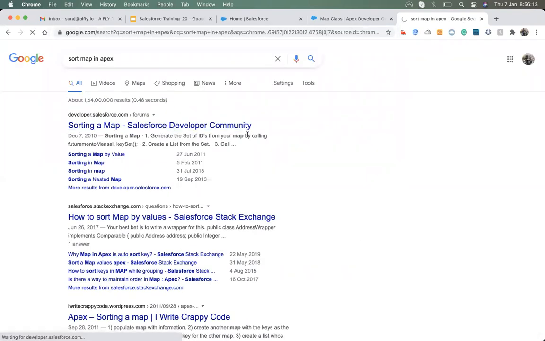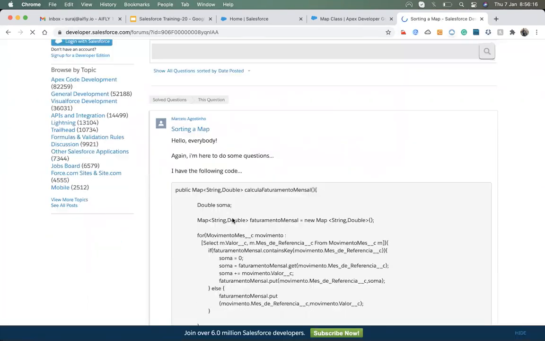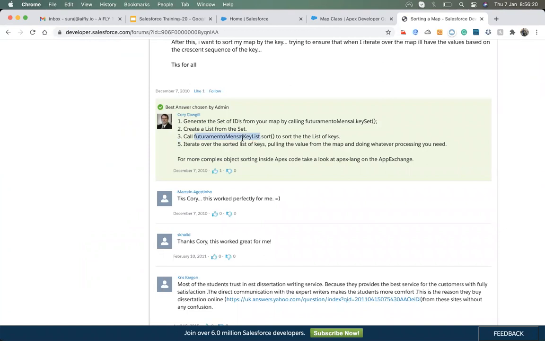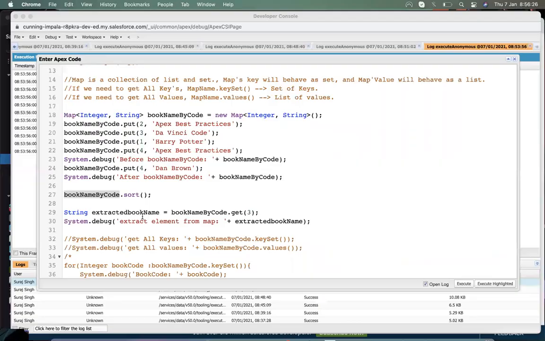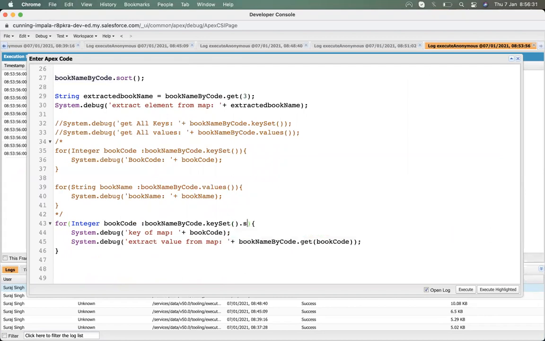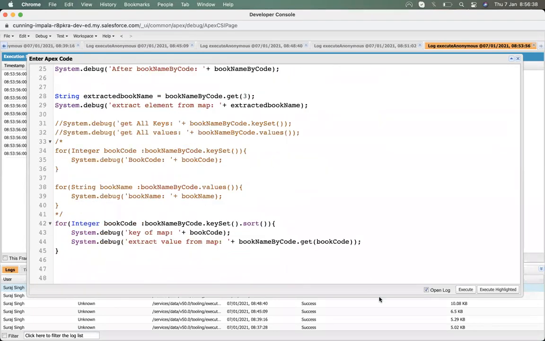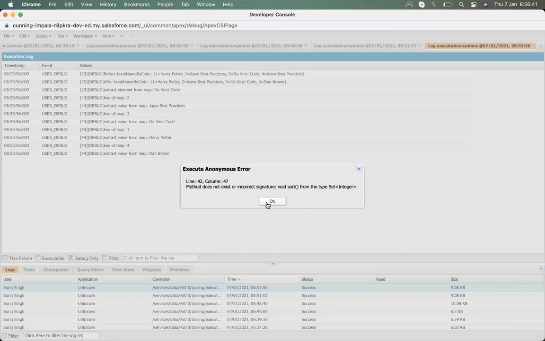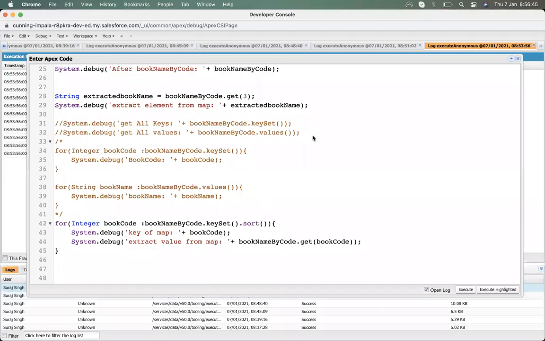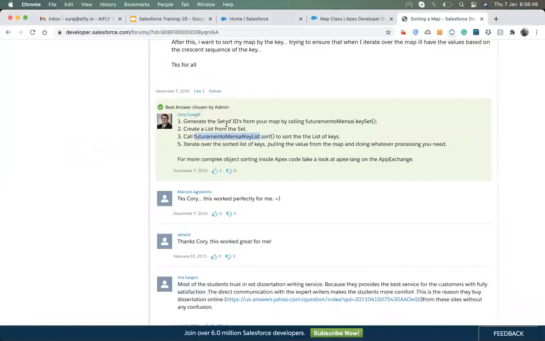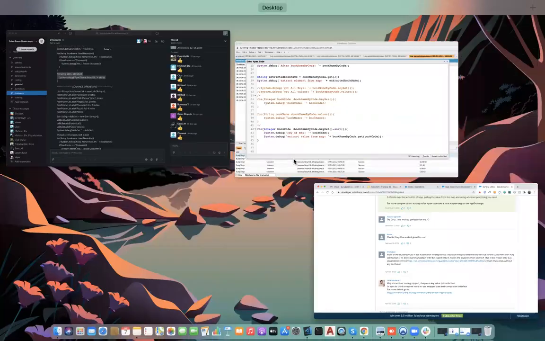There's one small thing. No, it's what's happening, it's doing something like that, but internally it's doing the same way.